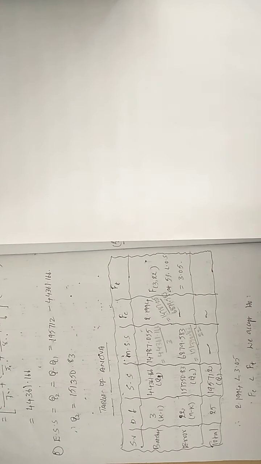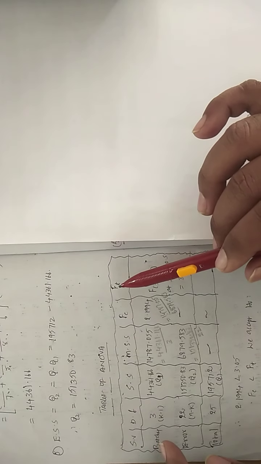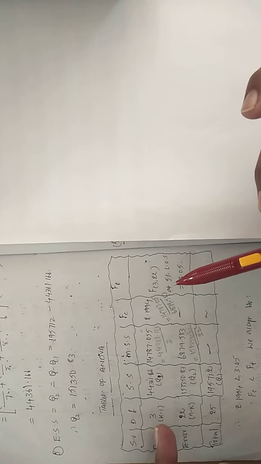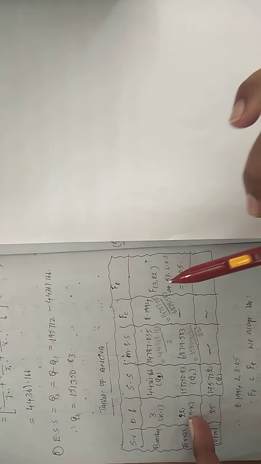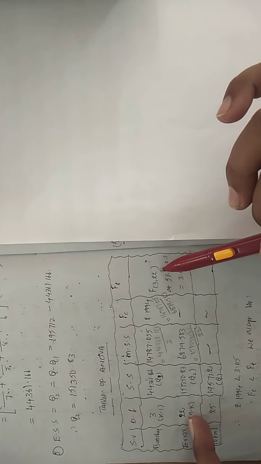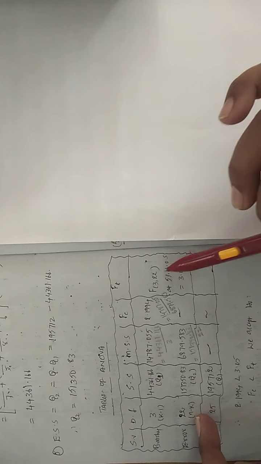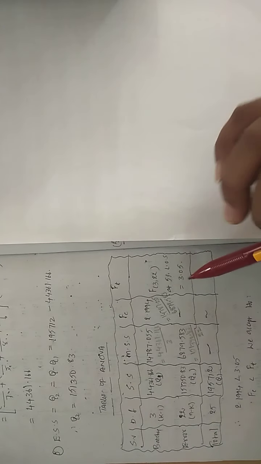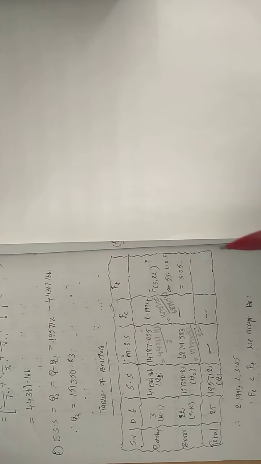Then how to get the table value for the F distribution? You need to consider the table value of the F distribution at how many degrees of freedom? First value is 3, the second value is 22. So at 3, 22 you need to check. Is any LOS value given? Not given. So the standard value, we check at 5% LOS. So what is that value? It is going to be 3.05. So let us check that value in the table.